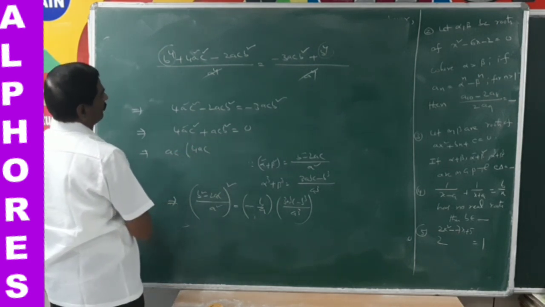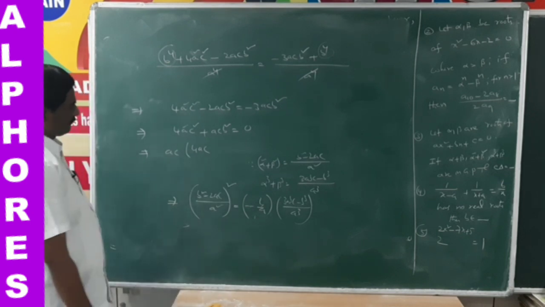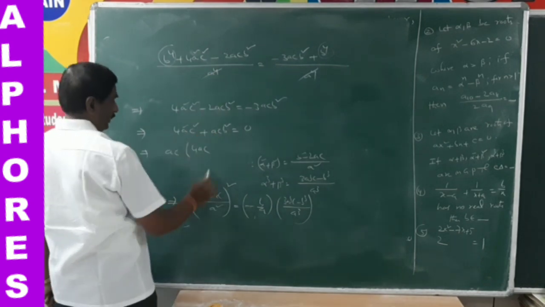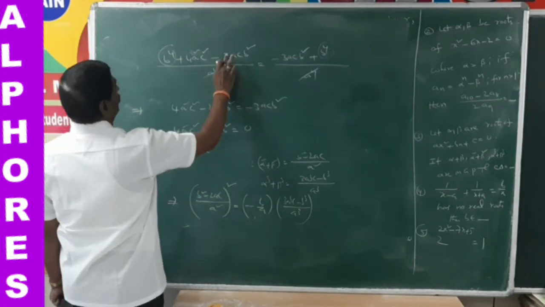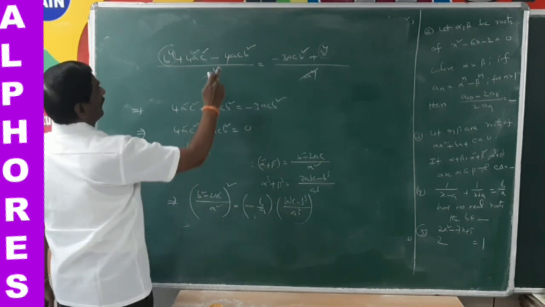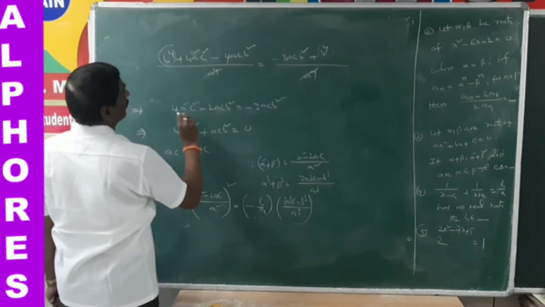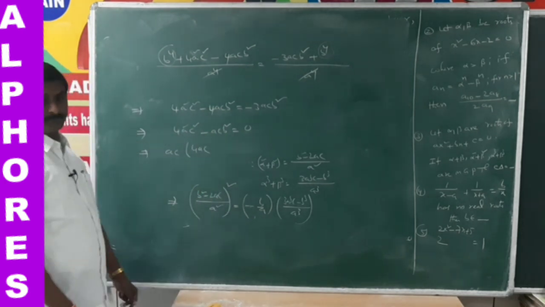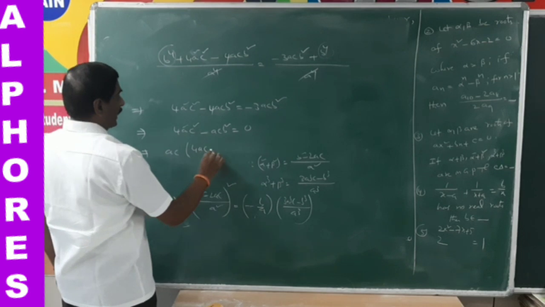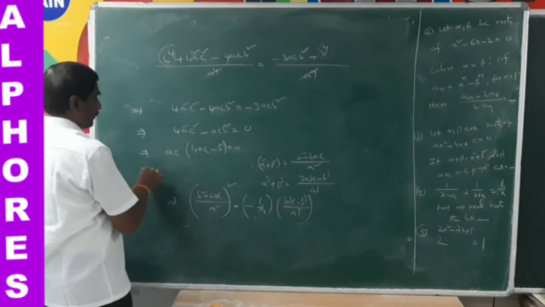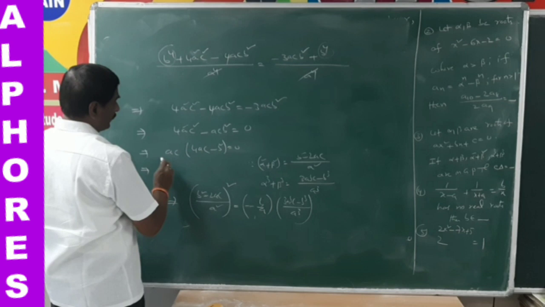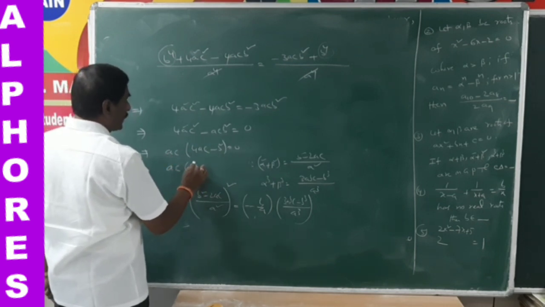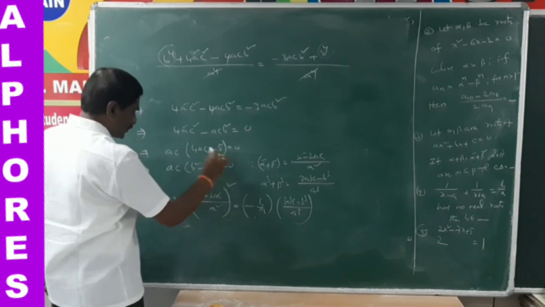(b square minus 2ac) whole square means b power 4 plus 4a square c square minus 4ac b square, here, sorry, minus 4ac b square, plus means this is minus ac b square. Okay. ac is the common term. 4ac minus b square is equal to 0. Multiplying on both sides with minus, ac into (b square minus 4ac) is equal to 0.